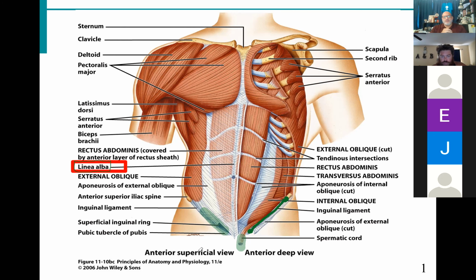So it has that opening that it has to pass through to get inside the abdominal pelvic cavity. Females have an inguinal canal as well, but for females, it's a potential space. I think we've talked about this before in this class, but just in case we didn't, we'll do it